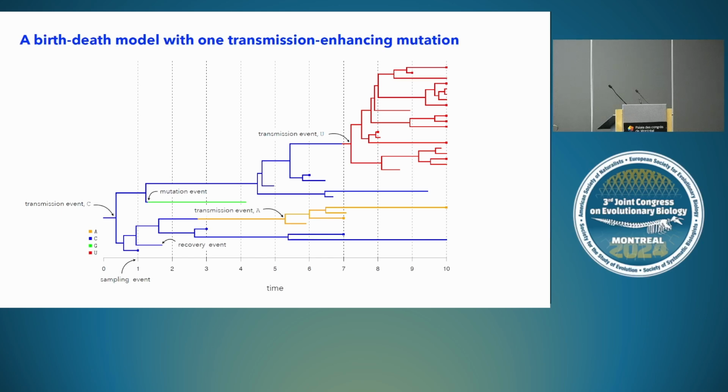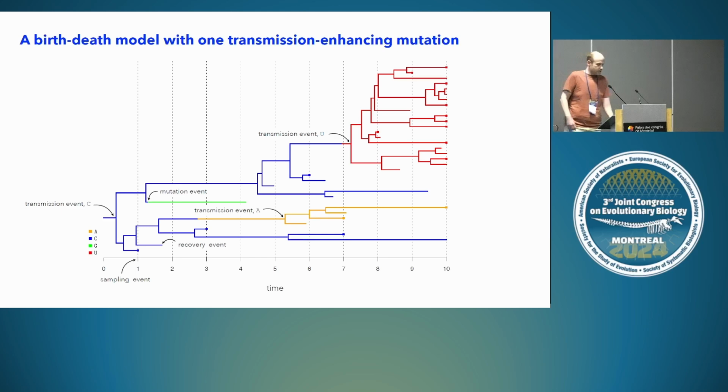There are transmission events that occur at different rates. So here we had a mutation to A, and then a transmission event that occurred to a lineage with nucleotide A. And maybe more importantly, we have some mutations that confer an increased birth rate. So in this simulation, I'm thinking of RNA viruses, this is increasing the transmission rate of the virus through the host population. So our goal is to understand which sites in the genome have an effect like this.